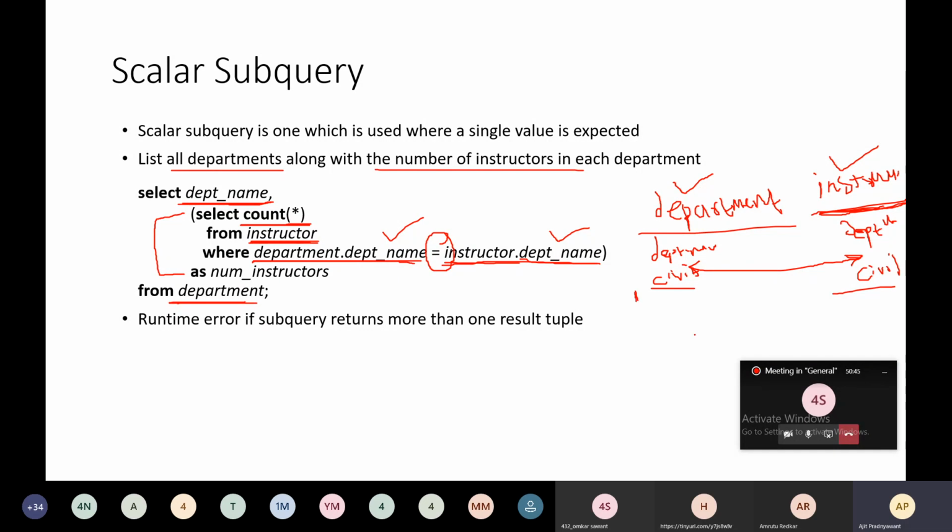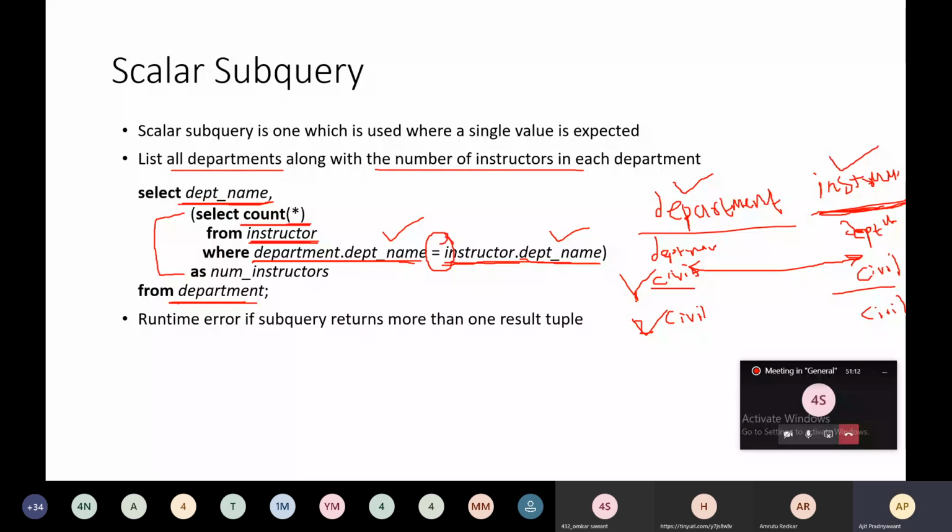Suppose there is another instructor whose department is civil, so it will count it as 2, and it is in the result. Likewise, it will retrieve the department-wise tuples by using this condition.